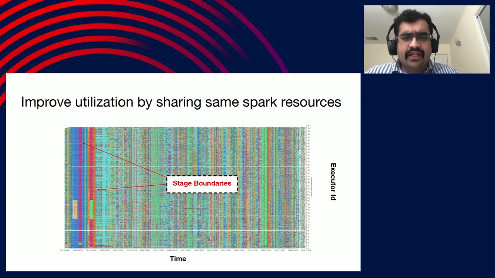Now you can see that there is hardly any white space here. You will only see white color right at the end as a vertical line, but that's expected because when you are almost finishing the Spark job, there is pretty much nothing left. And that's why there are some executors who are going to be idle, which is okay. But if you look at the left half, this is completely filled. All these colors mean that the Spark executors are working on some task or the other.